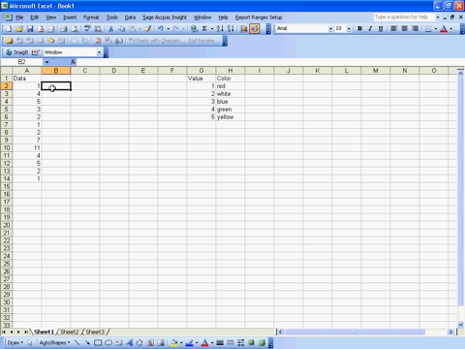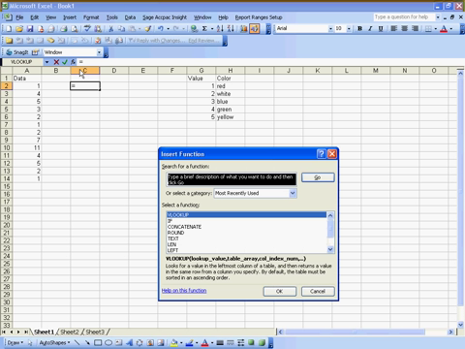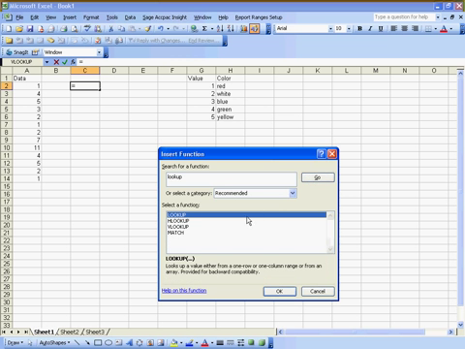the values here, and I can just go to any place in the spreadsheet, like for instance here or here, but let's do it here just as an example. And I'll click on the function here. If I want to, I can type in lookup and find the vlookup function,